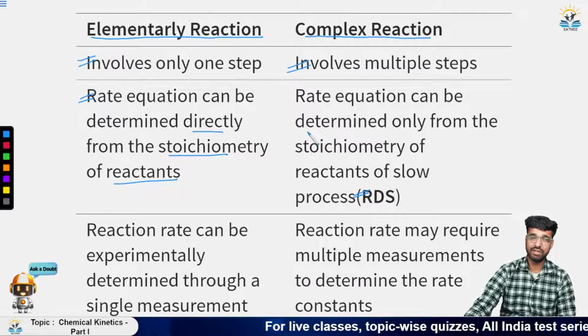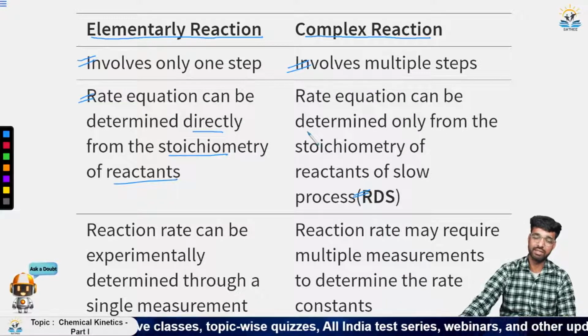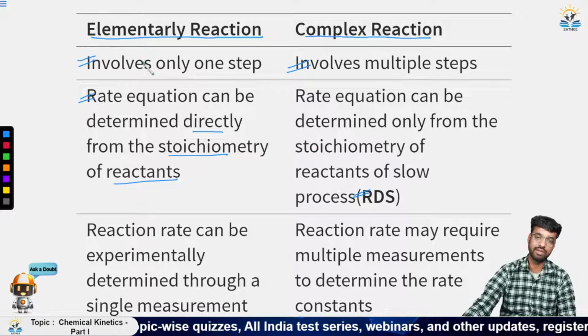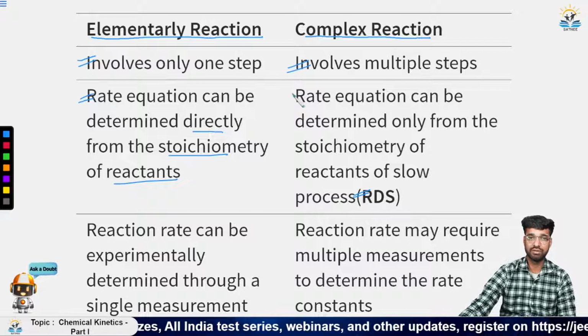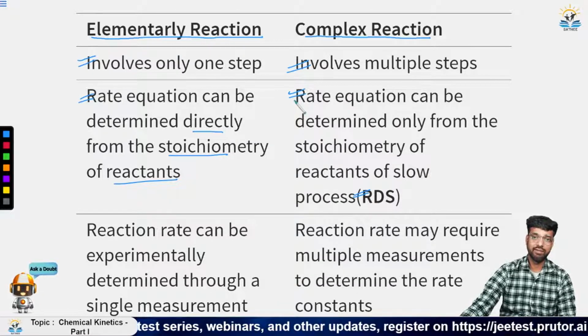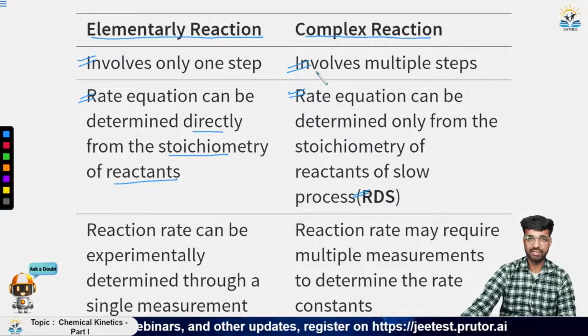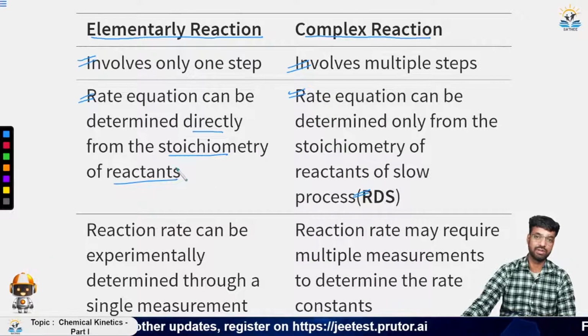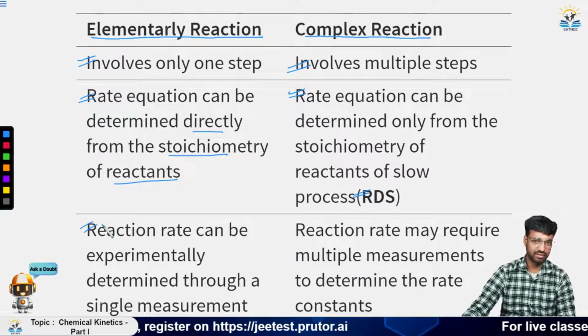For that reason, we can clearly see that the overall rate of reaction is more and more affected by that slow step or the RDS. That process, which is the slowest one, is called the rate determining step. And for a complex reaction, the order of reaction is totally dependent on that slowest step. Now the further thing is that